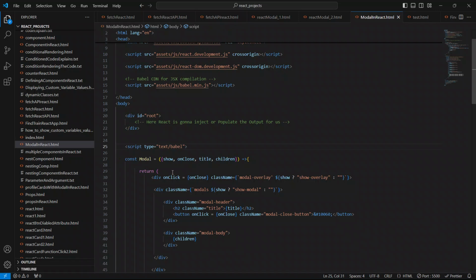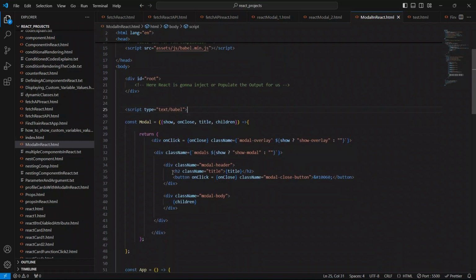If you don't know, just go back and watch my previous videos on what is useState in React.js, and how and when we can use useState, like the state variable in React. Here also we are gonna use useState in this session,